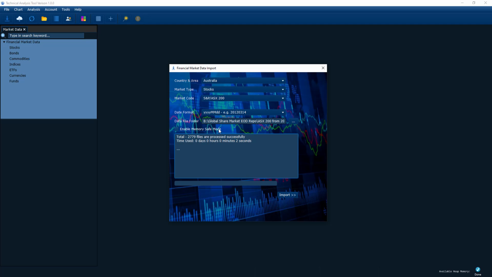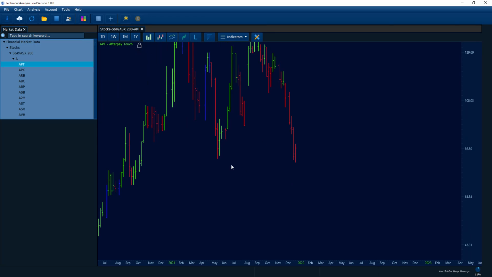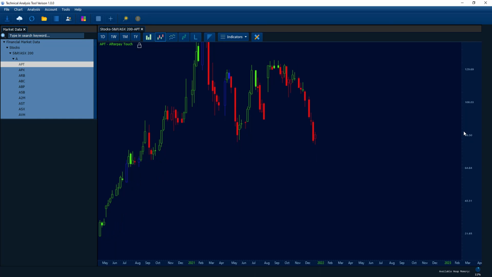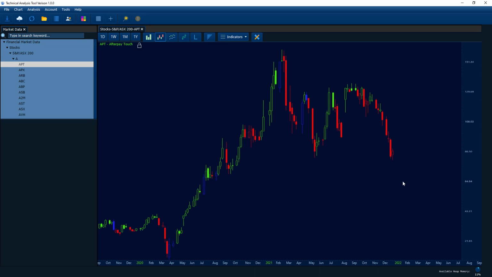As you can see, I have already loaded more than 2,700 files. Once that is finished, we right click on the financial market data and say refresh. So we open up any chart. As you can see, I have loaded all the data for the ASX 200, the top 200 stocks. Let's open up APT, that's just the first one, and also